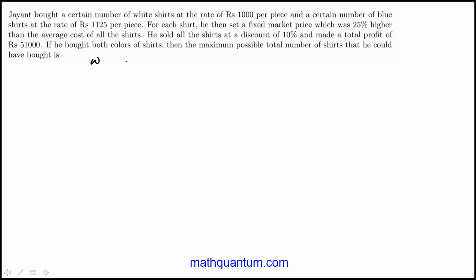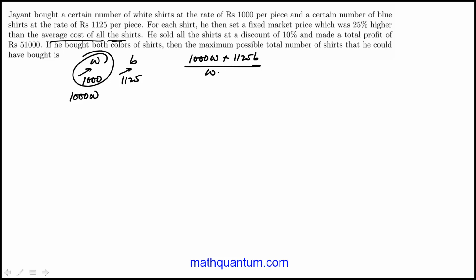Here I'll use the variables W and B to represent the number of white and blue shirts that Jayant bought. Now this piece here, the average cost of all the shirts, because the purchase price was 1,000 per piece for white and 11.25, the average cost would be the total cost of white shirts, which would be 1,000 W. So it would be the total cost of white plus total cost of blue shirts divided by the number. So this would be the average. This is the weighted average